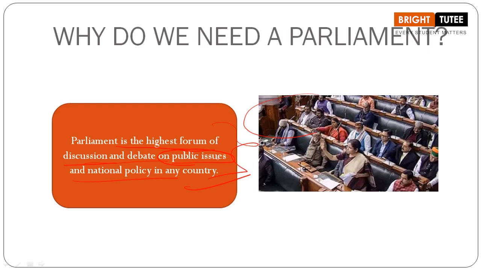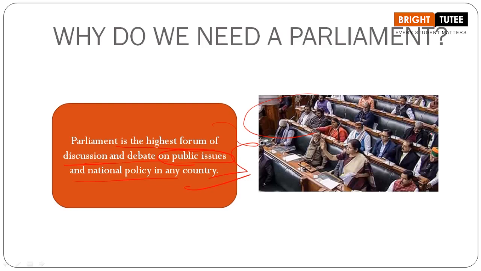Correct or not, students? This is the best way in which we can understand that there is a healthy democracy. When the opposition parties can question the ruling government, they do not allow a situation where the ruling party becomes more autocratic, doing whatever they want and not acting in favor of the common people. Opposition parties exist to keep in check the working of the ruling party. So it is the highest forum of discussion and debate where both the ruling and the opposition parties participate in debates on various issues, and decisions are made after that.